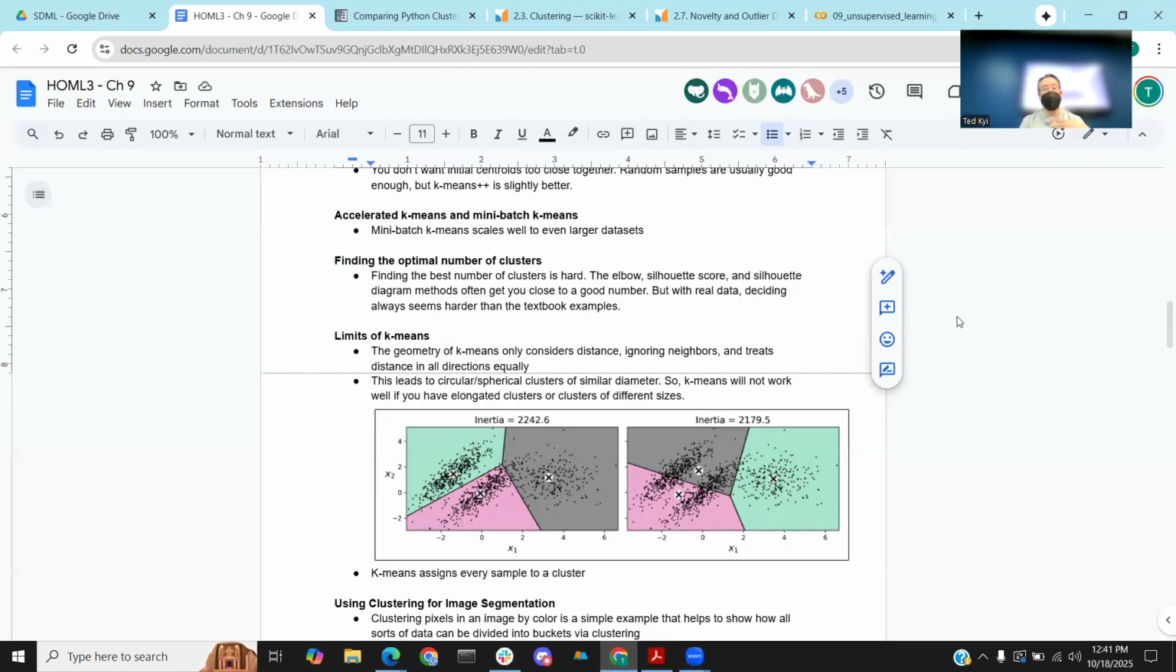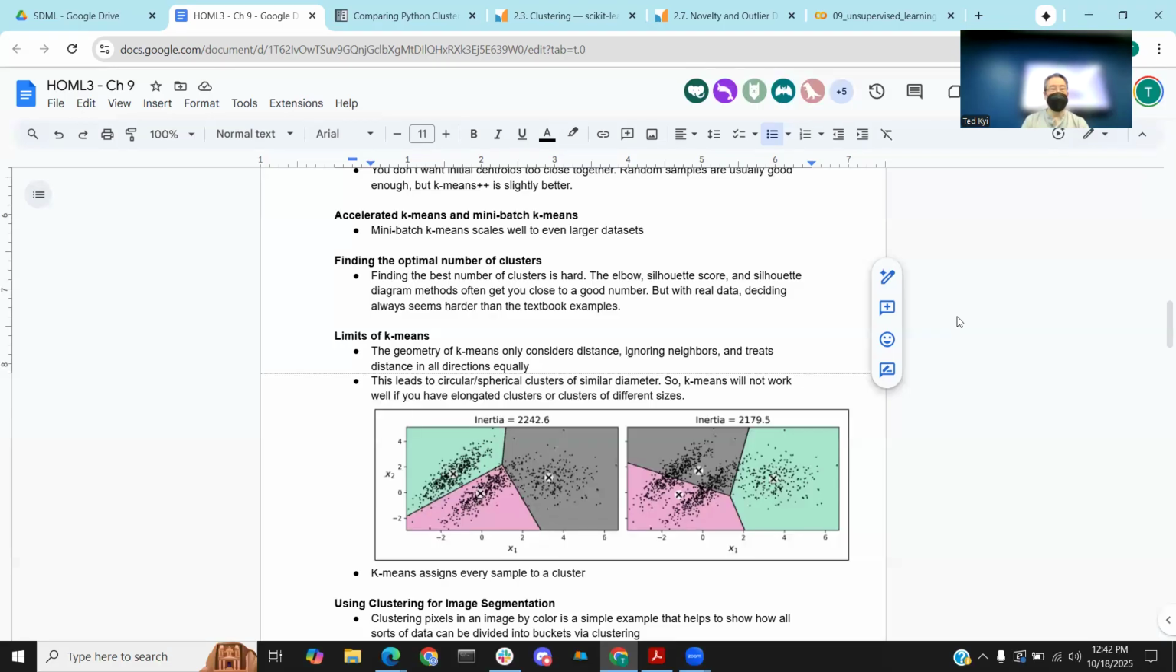In the textbook, they mention you can look at the elbow of this chart that has the distances. You can look at the silhouette score. You can look at the silhouette diagram. In my experience, when you have real data, it's just not really obvious. None of those techniques seem to work as well as they do in the textbook example. Even in the textbook example, I think they had like 4 versus 5 clusters, and you could make a strong case that